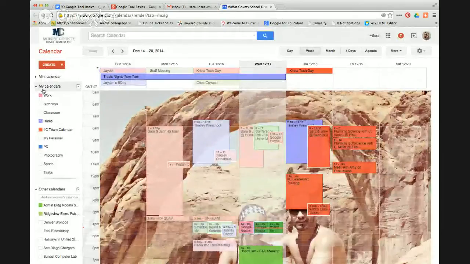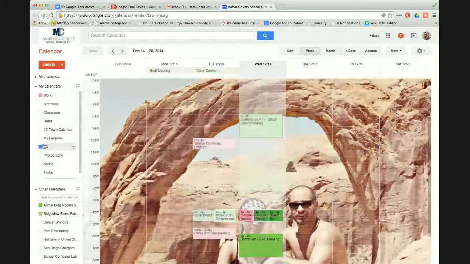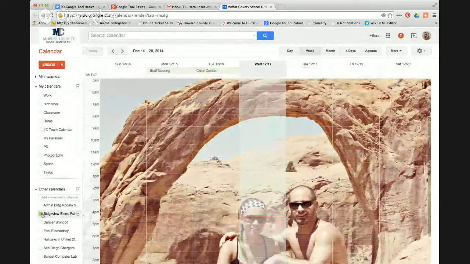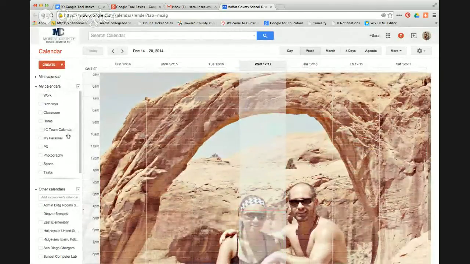And let me just click off of some things here. So the nice thing about calendars is that you can share them, and you can not only share them within your district, but also outside of your district, and multiple people can collaborate on it, and it's visible. And I love how it talks to my iPhone. I share one of my calendars with my husband, so then he actually knows where I'm at in the evenings,